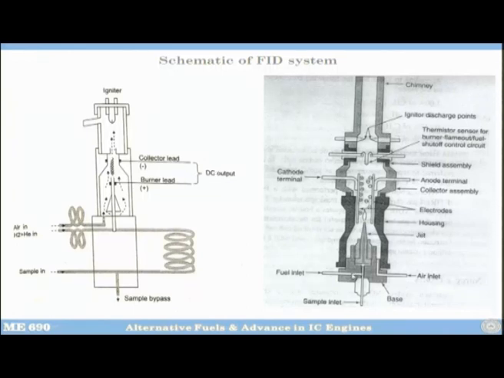This is a slightly better picture, again showing the same thing actually. So, the fuel comes in, fuel in this case is hydrogen helium mixture, sample comes in, and this is the burner. Okay. Air is coming from outside. Here you see you have flames, and here they have shown two different electrodes where ionization takes place, because you have applied high voltage and there will be some current produced, and that current is actually measured through some amplifier and etc., etc.